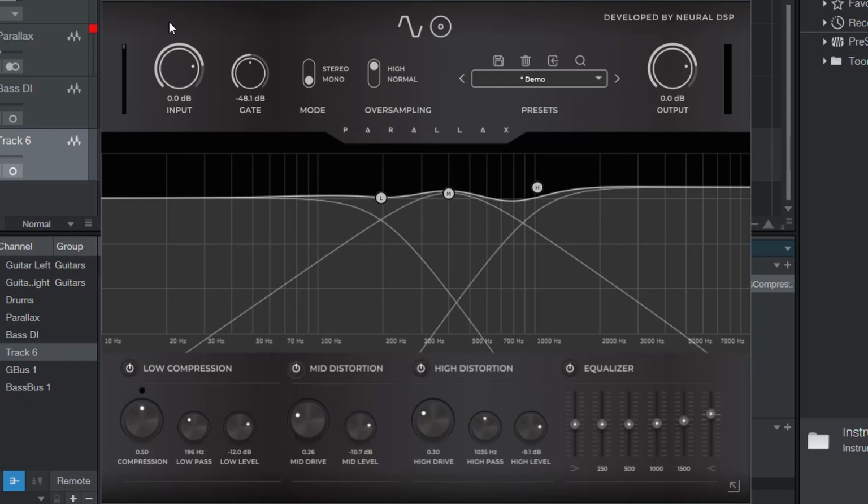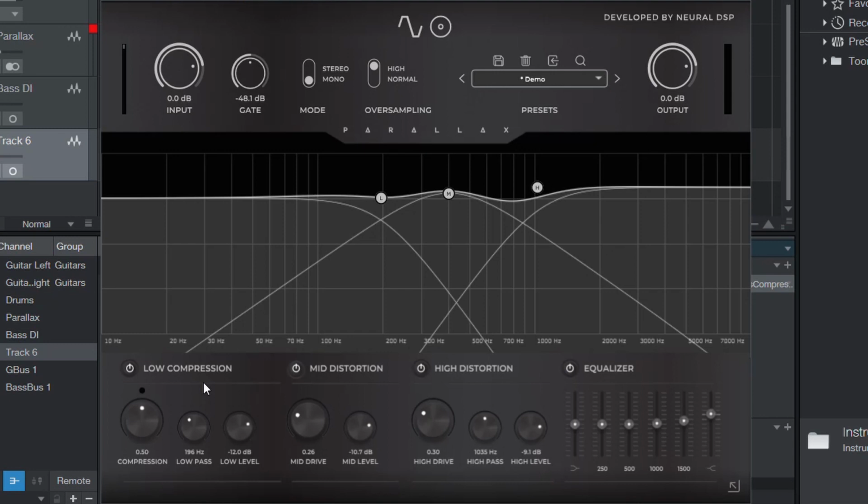Now, this preset is, again, what I used in the playthrough, and I wanted to keep it pretty simple, pretty straight. I didn't do a ton of adjustments. What we have is just a little bit of a bump in the mids, a little dig out here, and then I raised it up for some of the highs to give it some cut and clarity, and same here on the graphic. But starting at the bottom with the low and the compression,